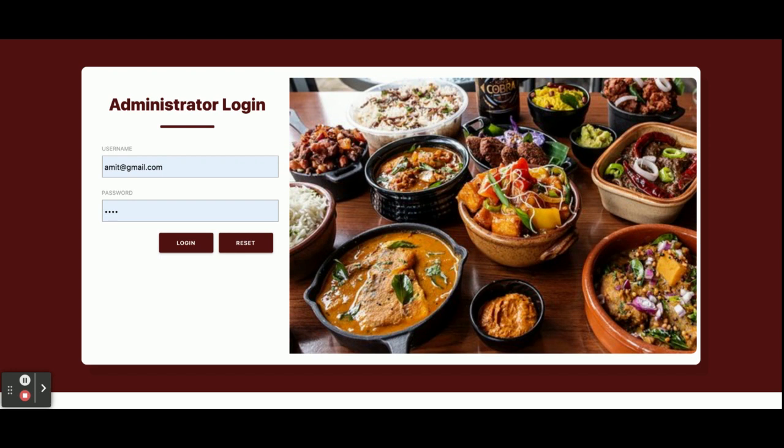This is my new project, Food Court Management System, and I have developed it in Java, Spring Boot, Angular, and MySQL. For Java Spring Boot, we are using Java, JPA, Hibernate, and EasyB. For the IDE, we are using STS, Spring Boot Tool Suite, for writing the Java Spring Boot code. On the Angular side, we are using Angular version 8, and Visual Studio Code for writing the Angular application code.